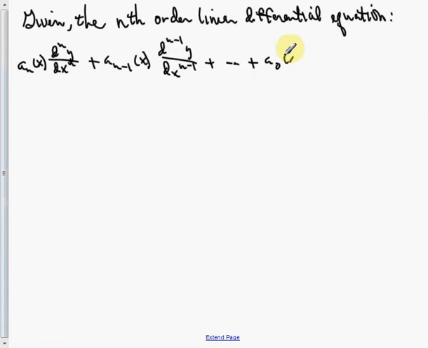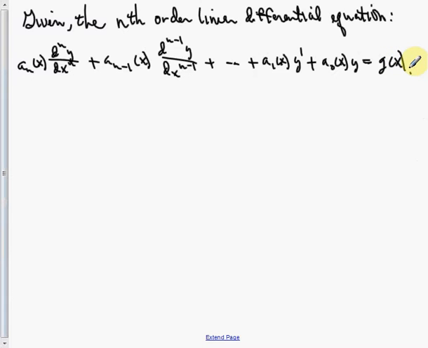Well, I better put a sub 1 in there. A sub 1 of x, this is y prime, plus a naught of x times y is equal to